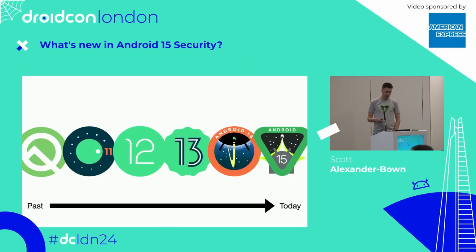So really, each new version of Android is getting more secure than the previous. But what this means is more restrictions for us developers and for those involved with Android apps. More things we need to be aware of, and that's really the goal of this talk. It's to get you up to speed on those new restrictions, and what you need to be aware of,